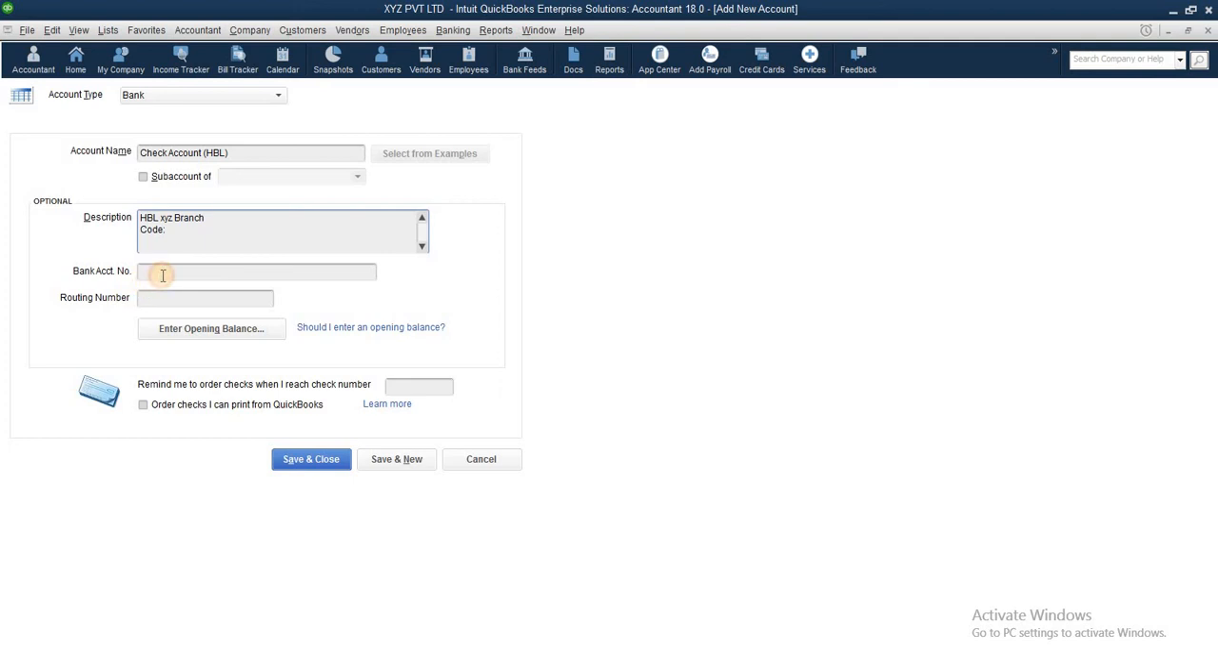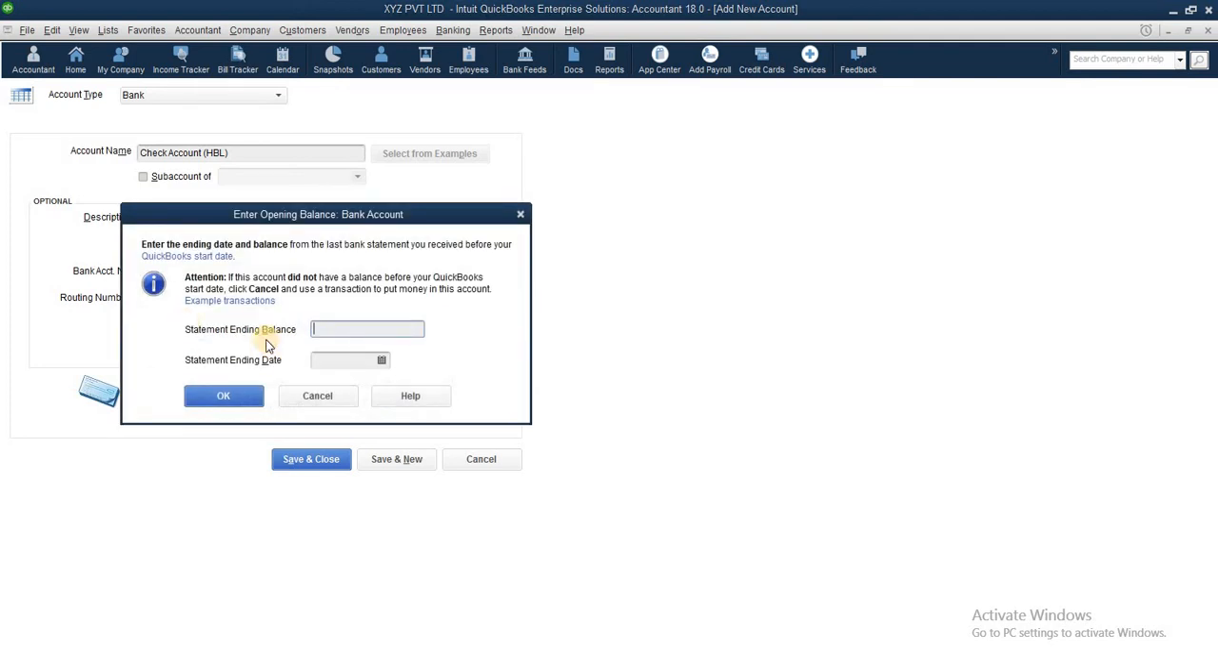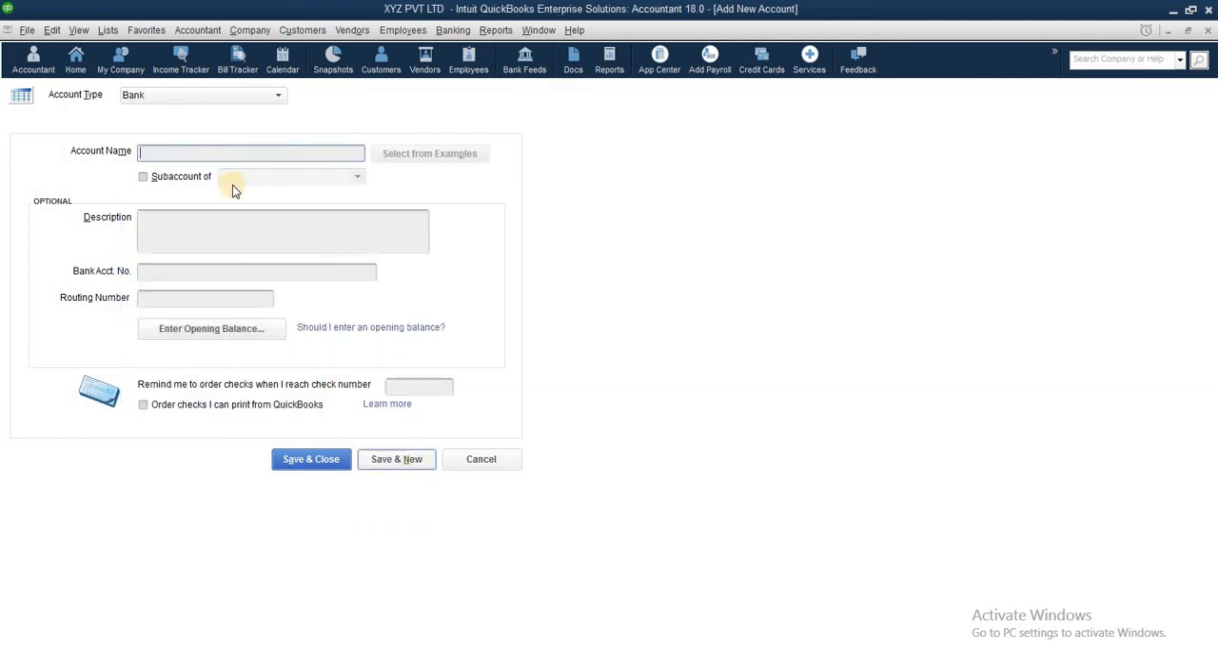Account number, you can put any account number in this field. Routing number is not important. Put here the opening balance, the statement ending balance, 500,000, ending date is 30th November. Okay, save and new. Again with the saving account,